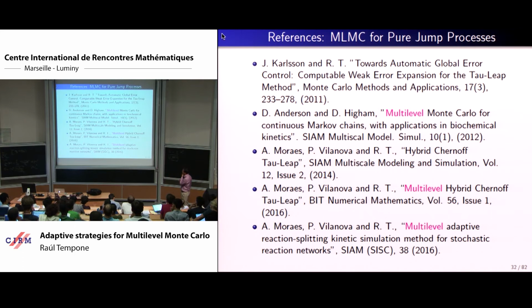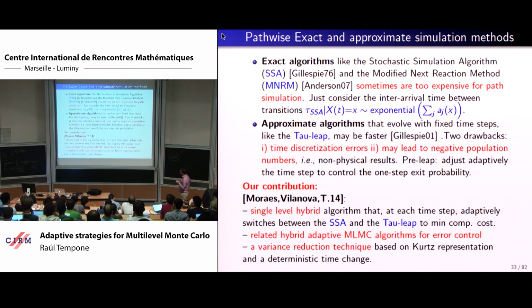They have plenty of references, and as well this is not complete, but we just wanted to show a little bit the efforts on this multi-level version. So what is interesting about these systems? First thing, as opposed to the previous discussion that we have, is that exact algorithms are available.